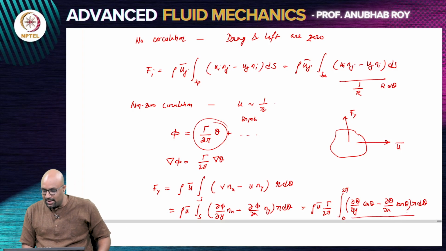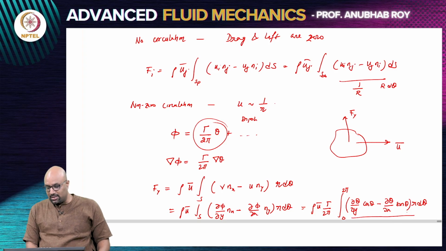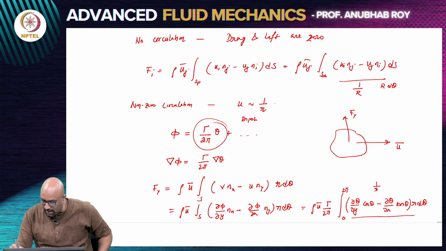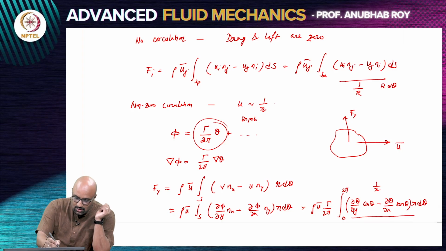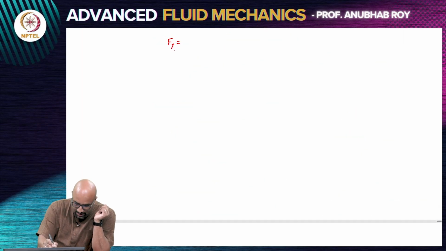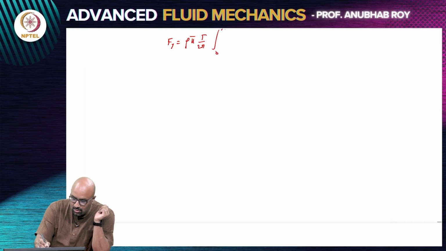This entire quantity dou theta dou y cos theta minus dou theta dou x sin theta, if you apply theta as tan inverse y by x, you are going to get as 1 by r. So, the final answer is Fy is rho u bar gamma by 2 pi 0 to 2 pi 1 by r d theta. So, the answer is rho u bar gamma by 2 pi into 2 pi, which tells us that